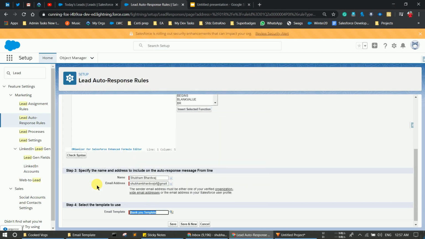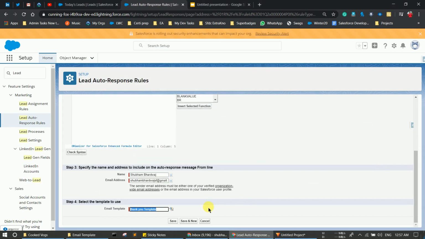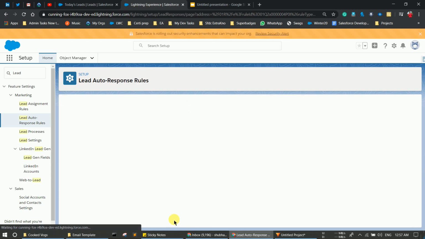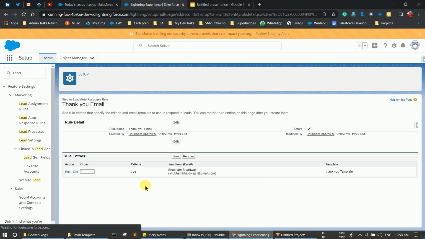Simply select it, and now simply click on save.